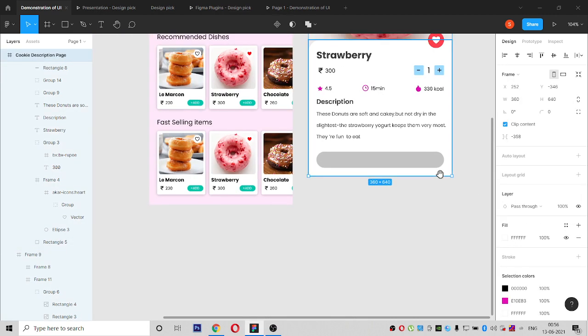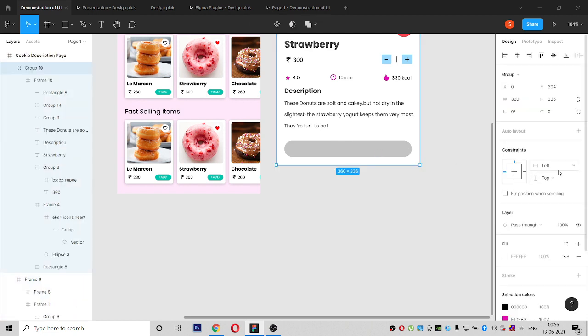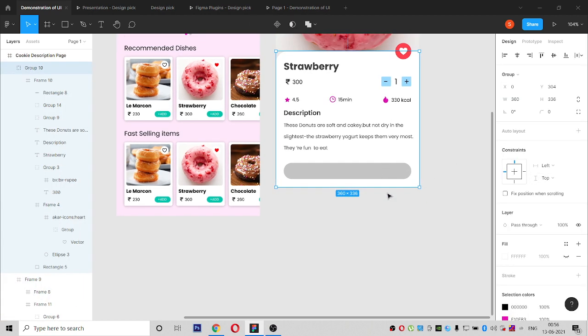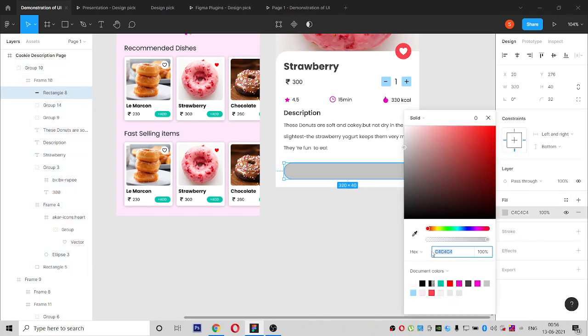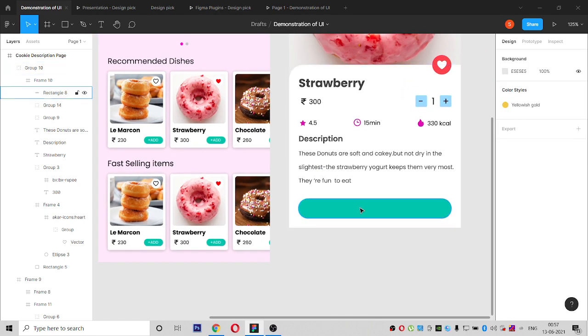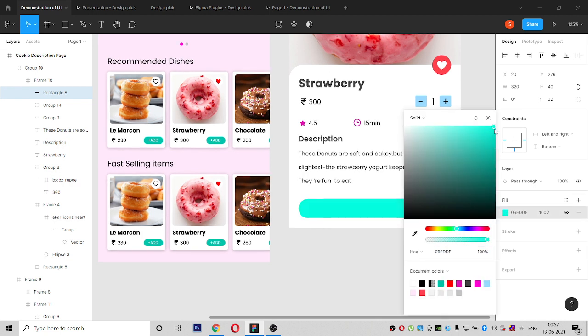Suppose if you are increasing the frame height, this also we can bring down. For example, if you are giving this color or darker than.